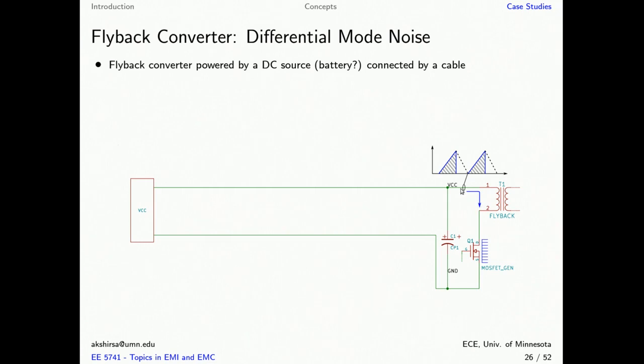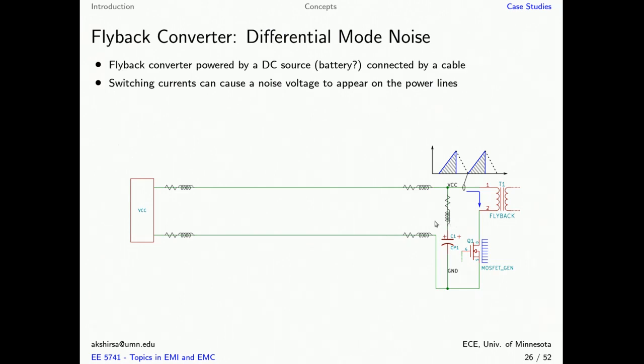Now most of this current, as we know, is going to come from this capacitance, and as we also know, this capacitance has some impedance, which is called the equivalent series impedance. This is the ESR and the ESL: equivalent series resistance and equivalent series inductance. And the lines that connect this power supply VCC are also not ideal, so they are going to have some impedance as well. Based on the two impedances, most of the current is going to come from this capacitor,